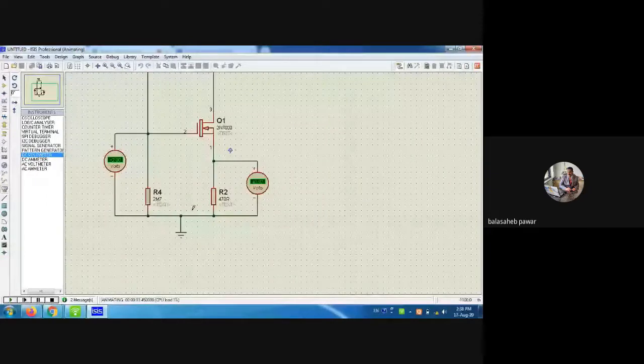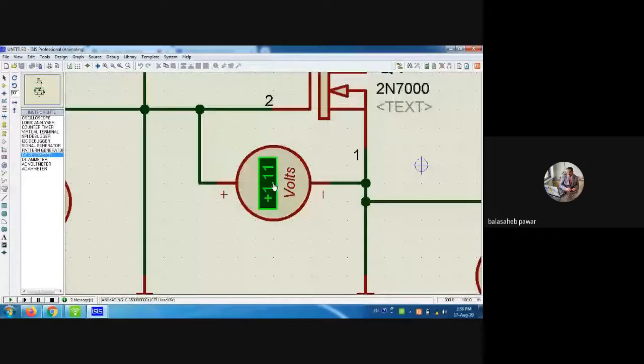Next one, that is VGS. That is nothing but voltage applied to the gate with respect to source. That VGS was 1.11. See how much we got? That VGS was again something the same, 1.1 something. So practically also we are getting almost the same value, that is 1.11 volts. This is VGS.